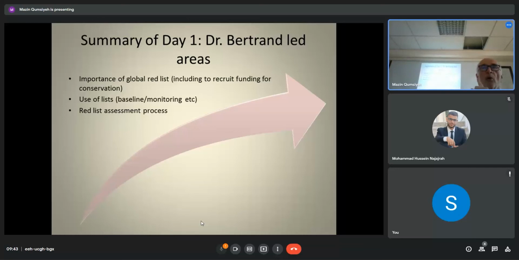But when you have your species or plant species in the IUCN Global Red List, it helps you to get funds from international organizations, from private donors, foundations, to protect your plants or the areas, the protected